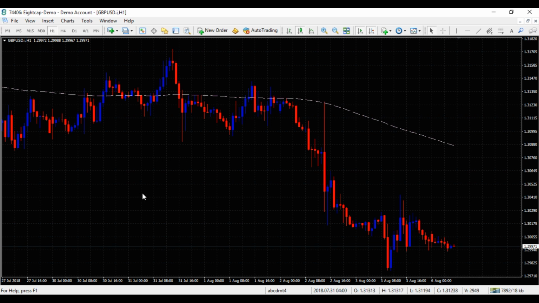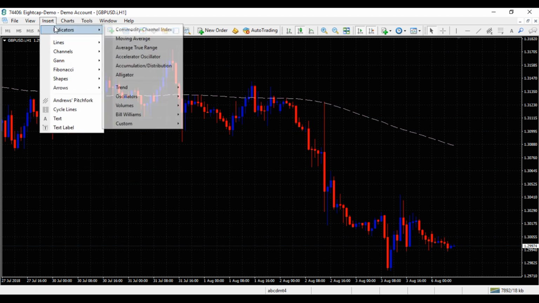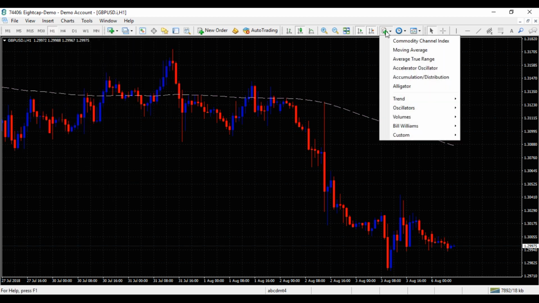window-based indicator, there's a couple ways you can add an indicator. We just went over insert indicators. You can also click on this button here. It's indicator list. And if you want to put in the average true range,